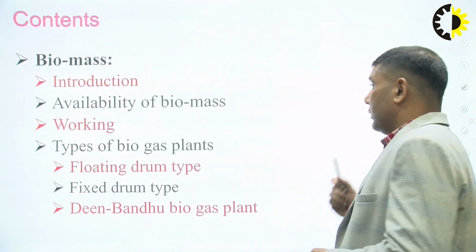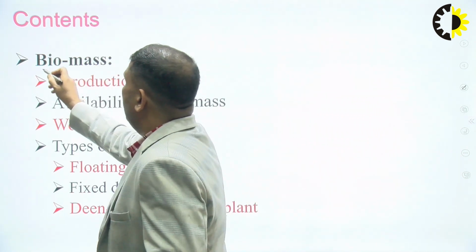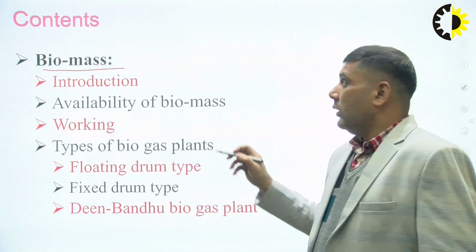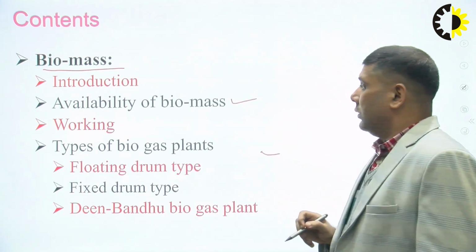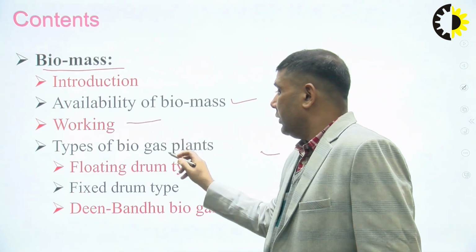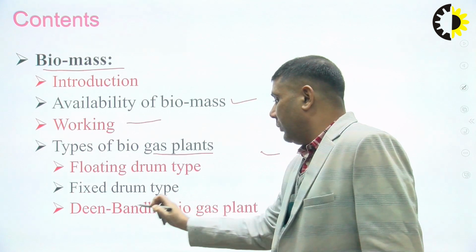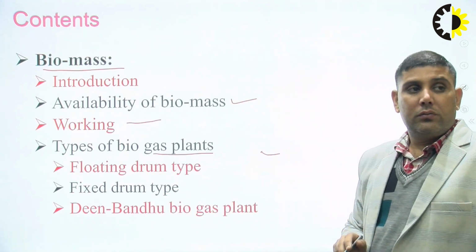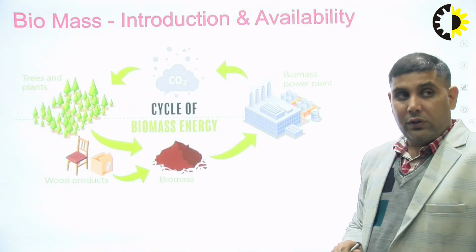So as far as contents, we basically discussed a brief introduction about the biomass, availability of the biomass, working principle, types of biogas plants, that is floating drum type, fixed drum type, and Deenbandu biogas plants types. Okay, so let us discuss. So first one is